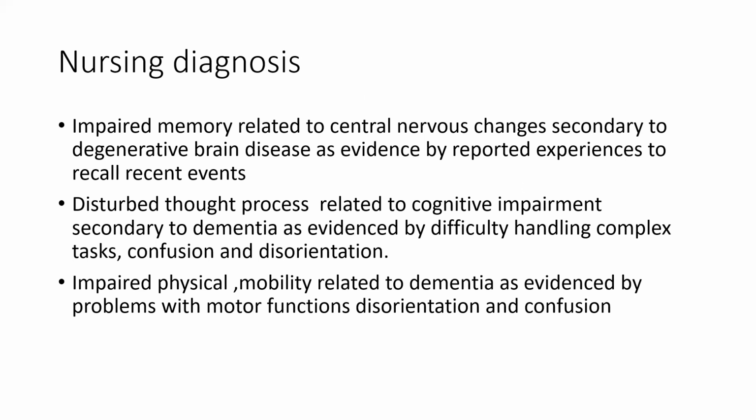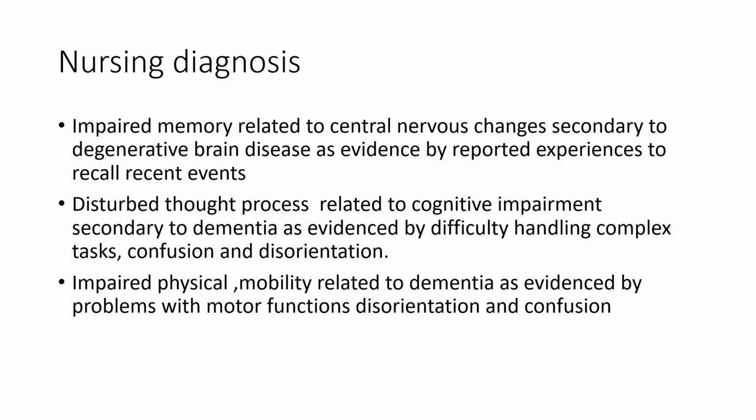and care plan. So the first one is impaired memory related to central nervous system changes secondary to degenerative brain disease as evidenced by reported experience to recall recent events. Second one is disturbed thought process related to cognitive impairment secondary to dementia as evidenced by difficulty in handling complex tasks, confusion, and disorientation. Third one, impaired physical mobility related to dementia as evidenced by problems with motor functions,